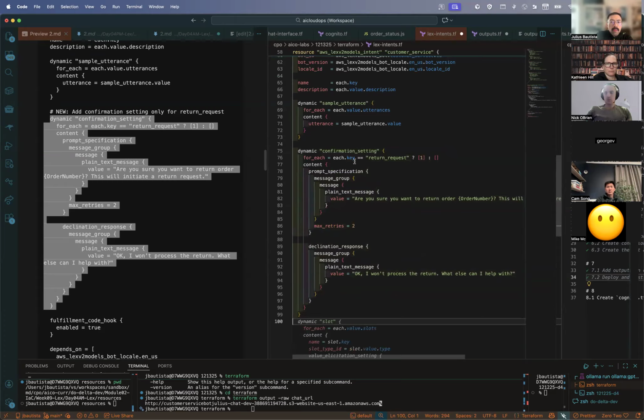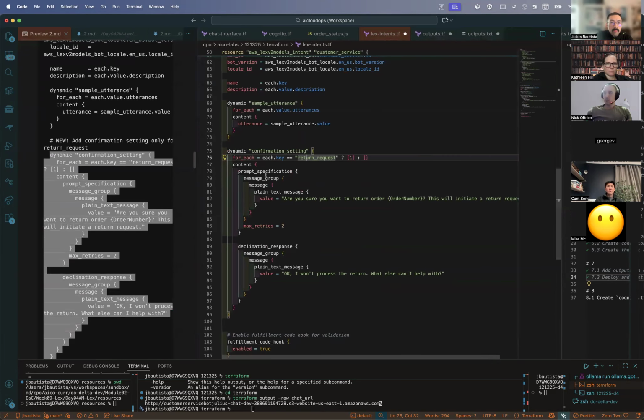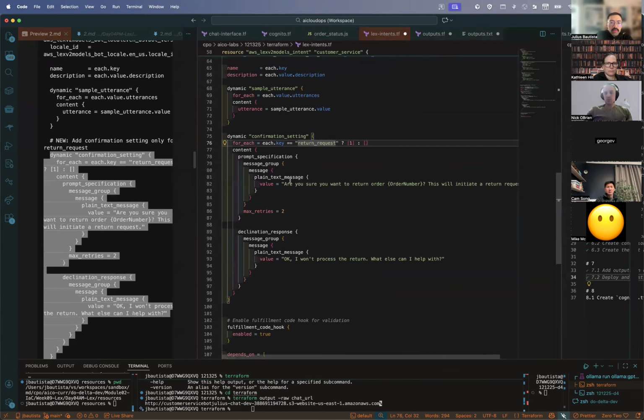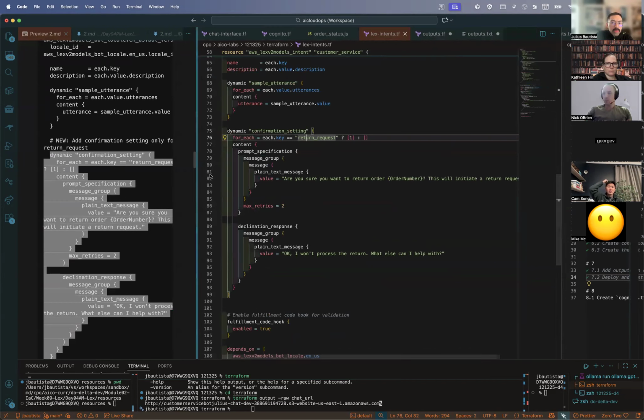Let's toss it in there. So we have that for each again. So for each, we're going to grab the key and we're going to check to see if it matches return request. If the intent is not return request, then we're not going to return anything. But if we do return a one, then we're going to continue and